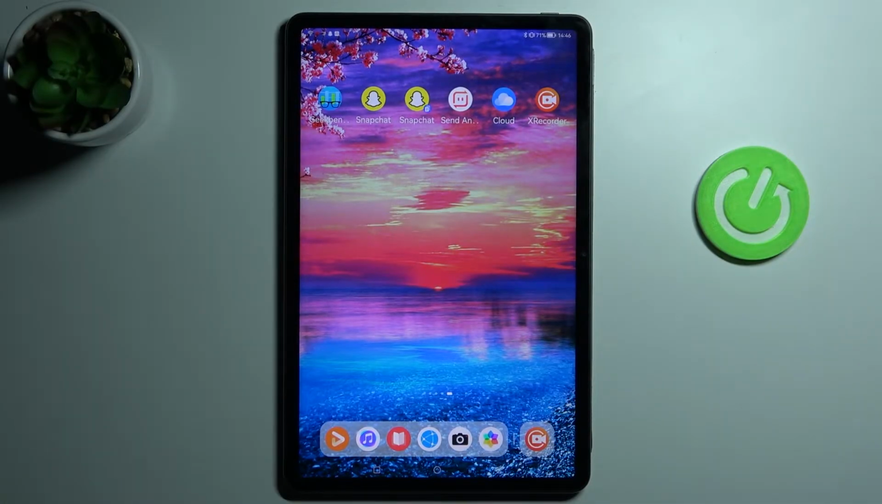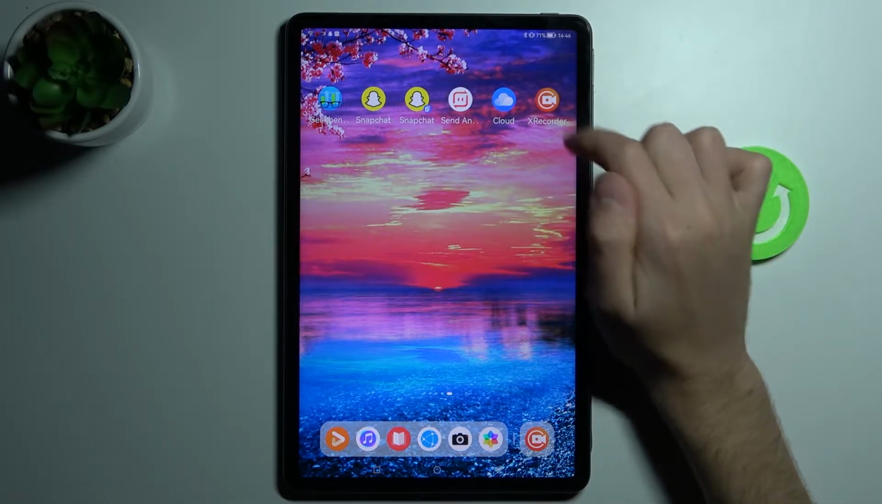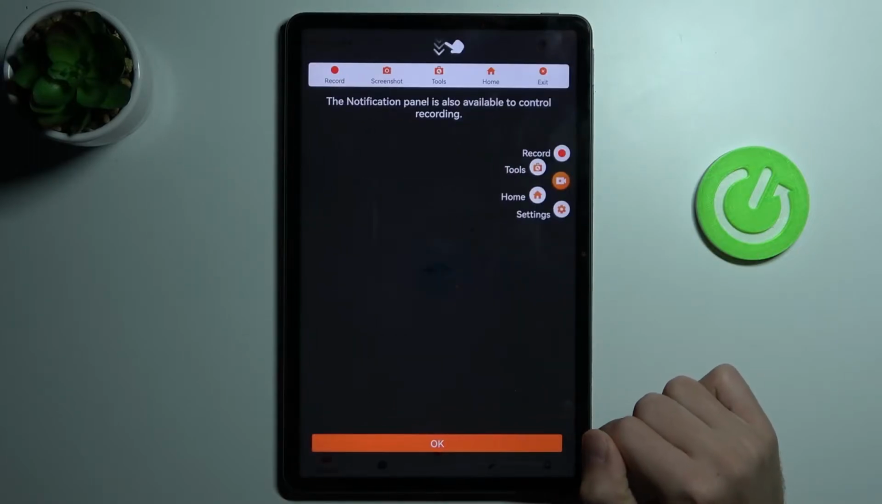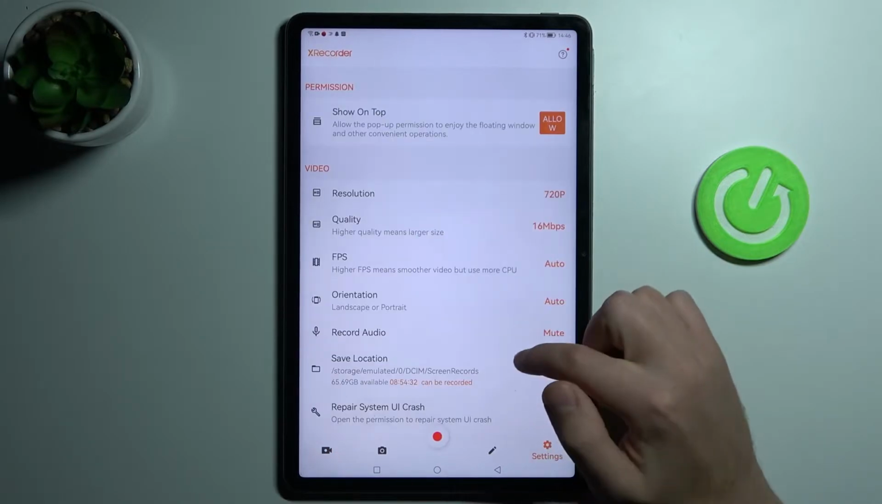Welcome! If you want to change screen recorder sound settings on your HUAWEI MatePad 11, first you need to download and install the X-Recorder application from App Gallery. Then go into this application, click OK, and at the bottom we've got the settings option, so click it, and